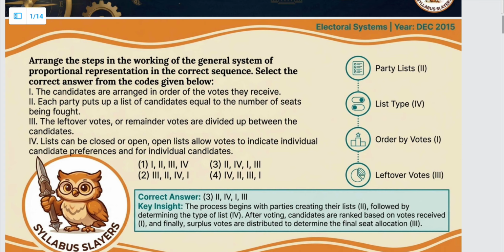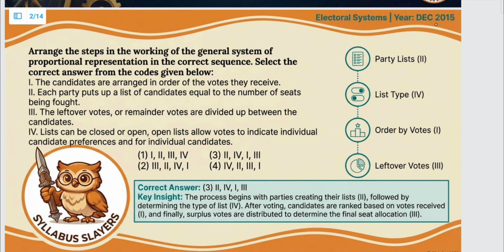So the first question, which was asked in December 2015, was: arrange the steps in the working of the general system of proportional representation in the correct sequence. इस क्वेश्चन में हमें जो PR सिस्टम होता है, प्रोपोर्शनल रिप्रेजेंटेशन सिस्टम होता है, उसके जितने भी स्टेप्स हैं, we have to arrange them properly in a sequence. ठीक है. So I'll just tell you about the steps which are involved in the proportional representation system